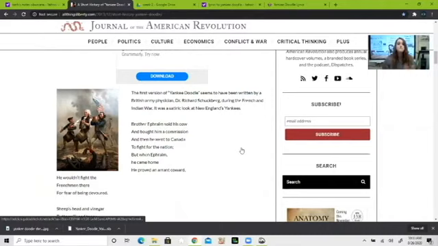Okay, now the first version of Yankee Doodle seems to be written by a British Army physician. Now, he wrote it during the French and Indian War. So a lot of people think that Yankee Doodle first came about during the Revolutionary War. Well, in fact, it was first written during the French and Indian War, which occurred years before we fought our fight for independence, okay? And it was meant to make fun of us.